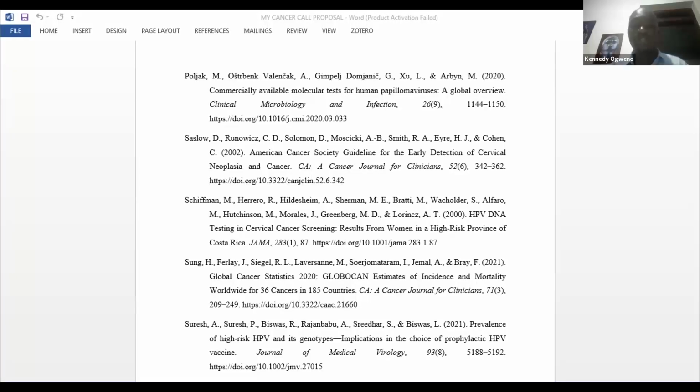I also normally do training for manuscript writing, okay? Because from a study proposal, you develop a manuscript. This manuscript is what is normally submitted for publication. If you go to Google Scholar, you'll get so many research activities that have been conducted. Those are manuscripts, you see? As much as there are proposals for students, there are manuscripts on various platforms, various journals that you may be interested in. So we can do a lot.